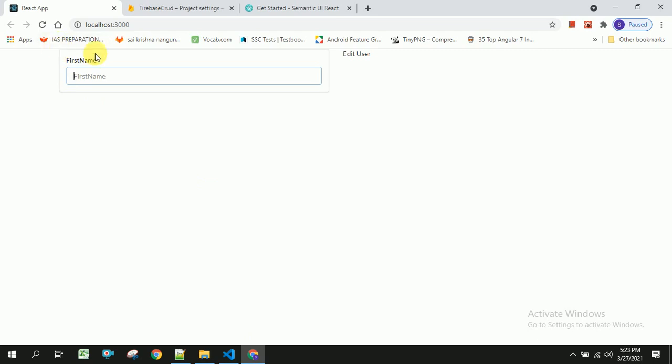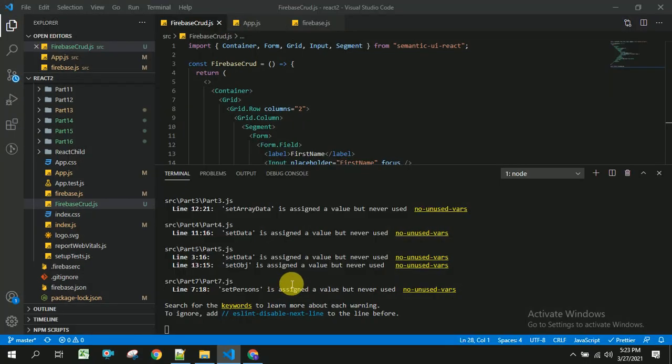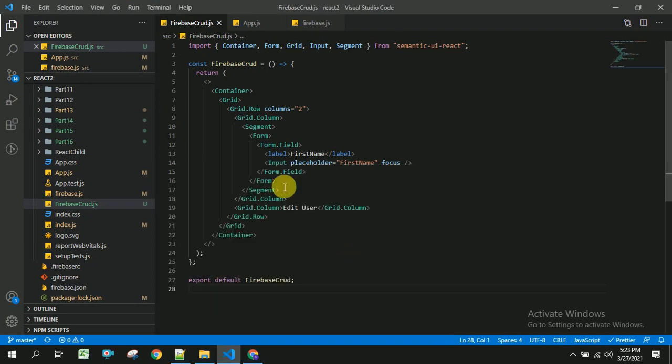We will apply some style to get some space above this column. For this I am going to take a div, and to this div I am going to apply some class. You can apply some margin as well, ui hidden divider. So I am going to apply some divider which will be hidden, and let's save this.